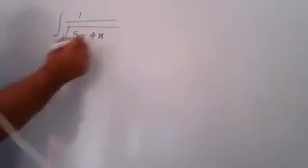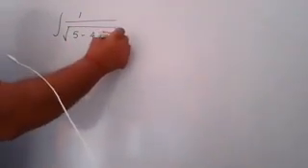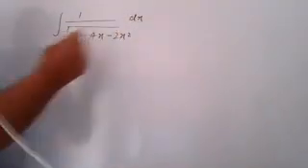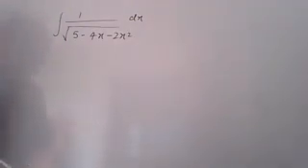So yesterday we were studying the integral of the form dx upon under root ax square plus bx plus c. Now today you solve the questions based on it. So write a question which was asked in 2009: integration of 1 upon under root 5 minus 4x minus 2x square dx. You have to find the integration of this function.